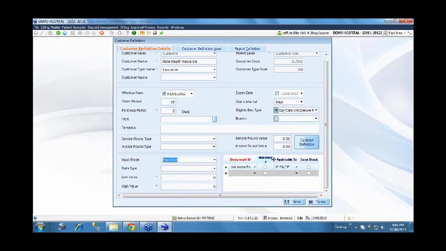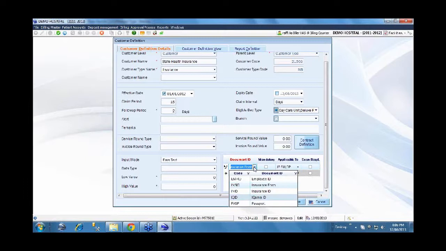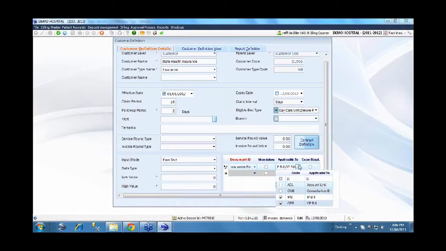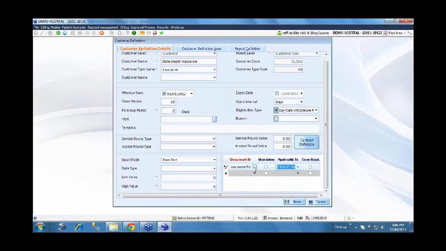The next aspect relates to the documents. When you are linking a patient, saying that the sponsor for this patient is this particular insurance company, what documents does the user who is linking that patient to that sponsor need to verify before applying the sponsorship details? As far as insurance is concerned, it's usually the insurance ID, which each subscriber will have, given by the insurance company. So we can say the insurance ID is the information which needs to be verified before linking the patient to this state health insurance company.